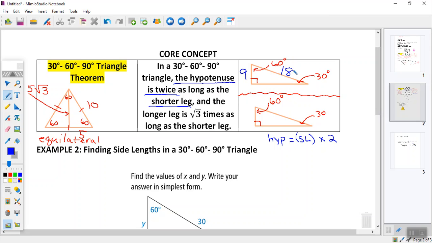Okay. Then it says the longer leg is what? Root 3 times the shorter leg. Okay, so the long leg, I'll write down LL. That's going to equal the short leg times what? And I'll ask some questions here in a second, but isn't this my long leg right here, kids? Well, what's the short leg length? So to get the long leg length, we're going to take that short leg length times